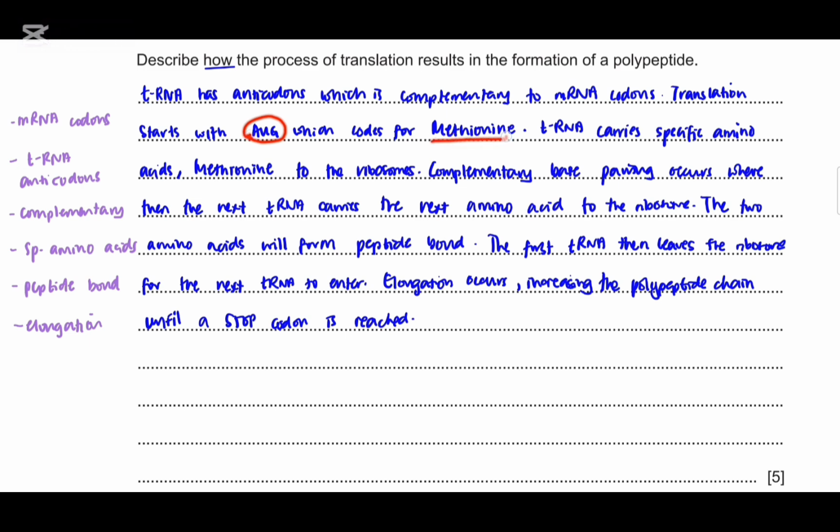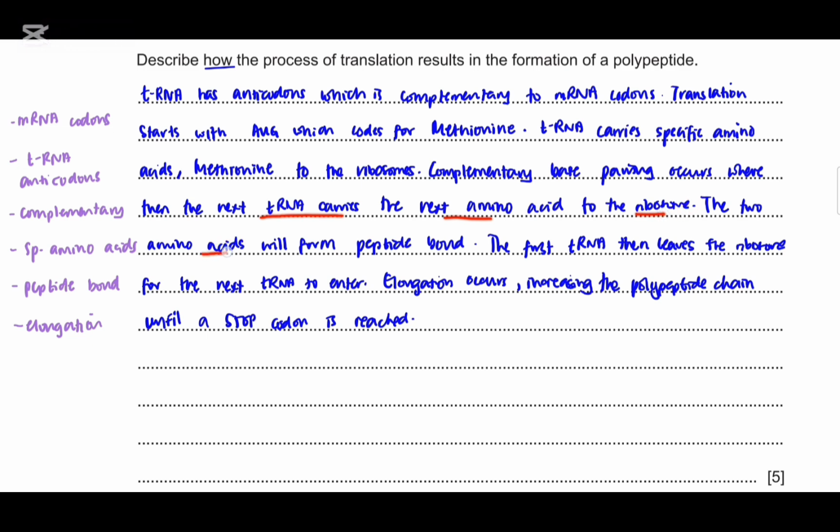Translation always starts with methionine. Then a tRNA molecule will carry a specific amino acid, which is methionine, to the ribosome, and complementary base pairing occurs. Then the next tRNA will carry the next amino acid to the ribosome,